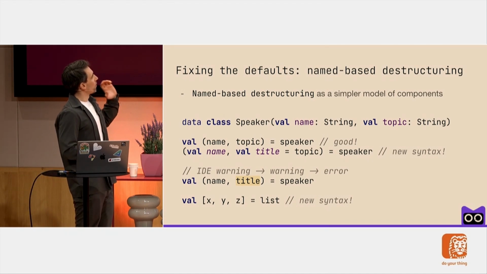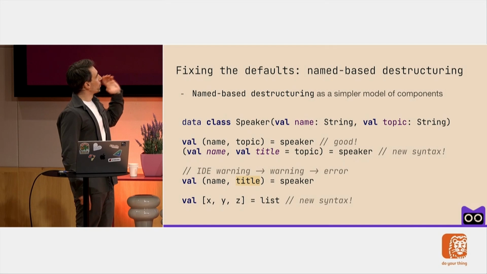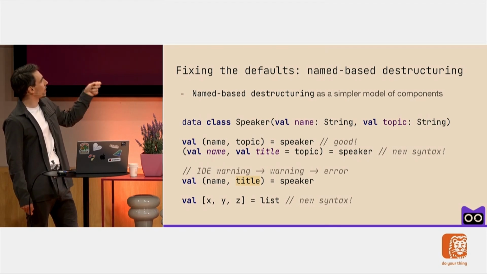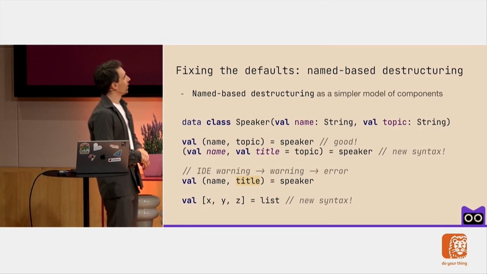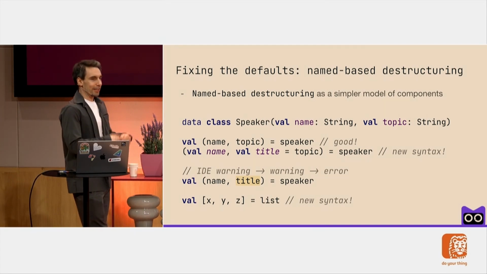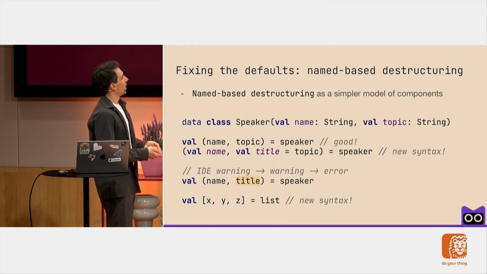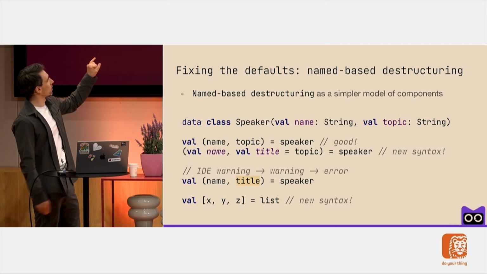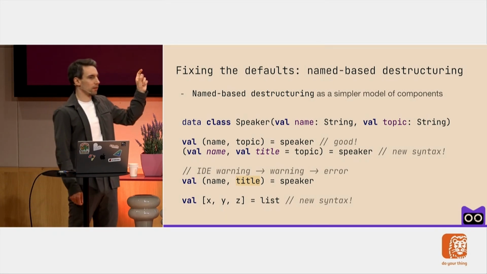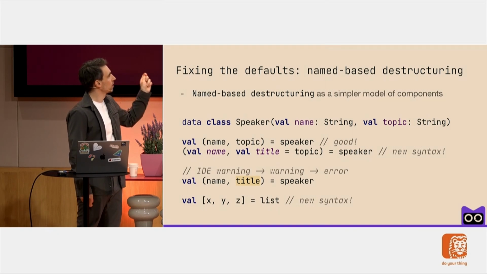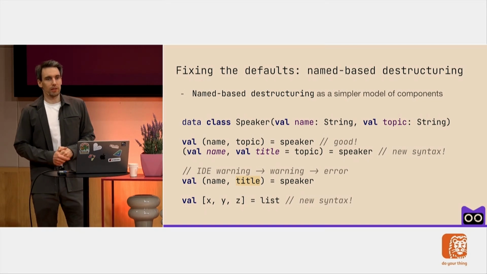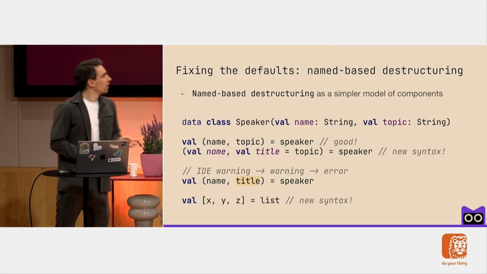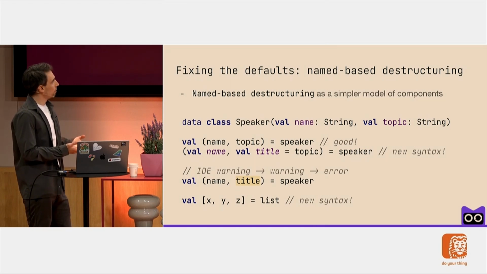So it means that over time, we start with some warnings if you destructure a data class with wrong names. So for instance, if you have this val name and title, first we'll emit IDE warnings, then warnings and errors, and we'll nudge people to use the same names over time. And if you want to do some rename, it's possible to use full syntax, which is when you use the val keyword inside parentheses. It will indicate to the compiler that I want to use name-based destructuring, and it will check that the names of the properties are the same as the names of the variables, and it will be safe to destructure